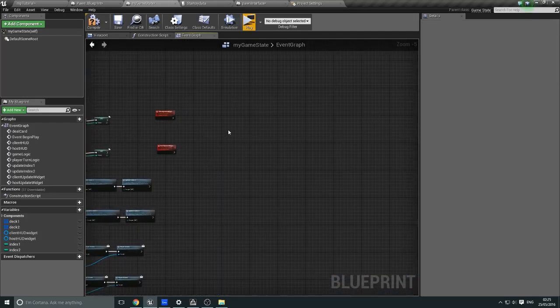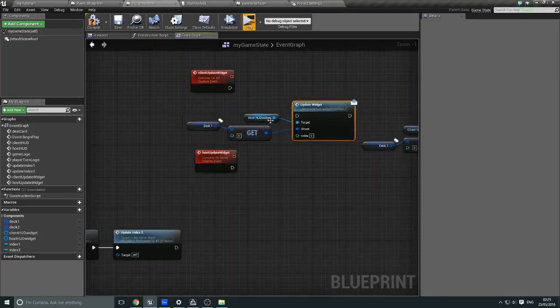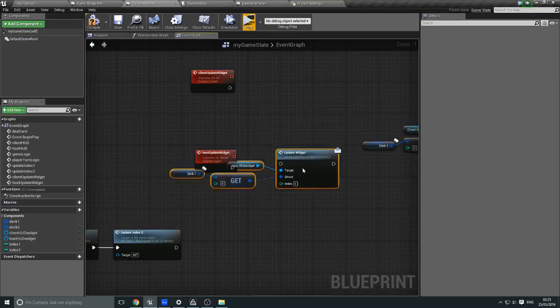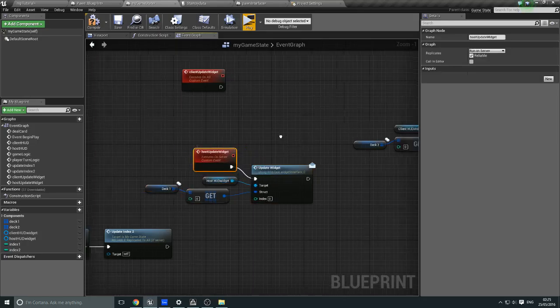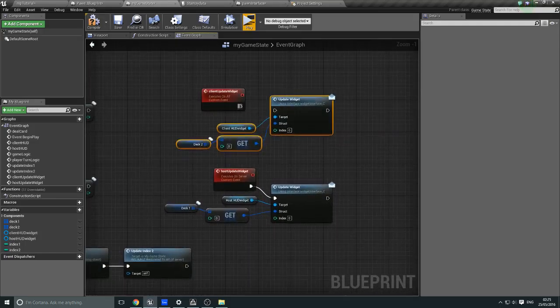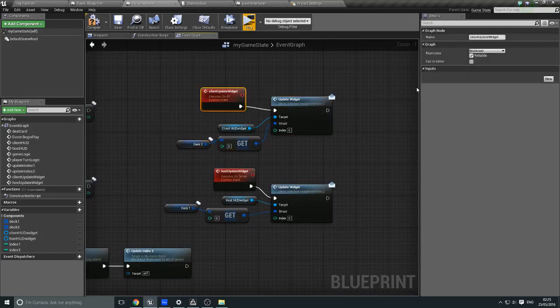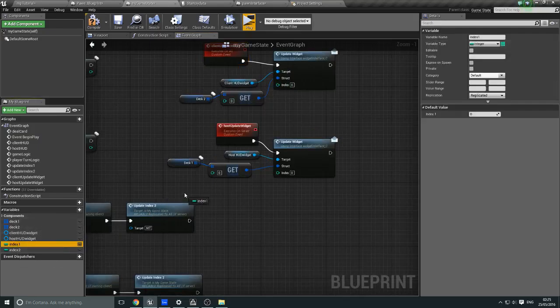Control C, let's break that link there. This is my host, so this is the bottom one. You can go in there. This is my client. This one can go in here. Okay, we are missing an index in here. So declare index, index 2,